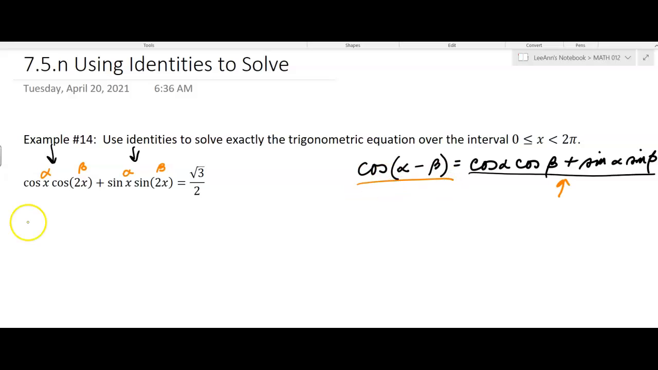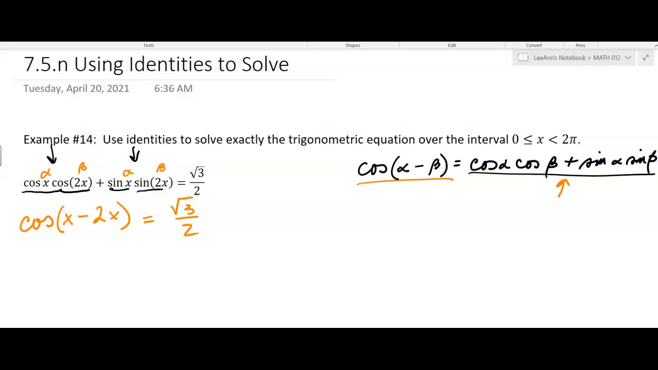So we're going to say it's cosine of alpha, in our case x, minus beta, which is 2x. And then we're going to say that equals the square root of 3 over 2. Okay? So it's a little bit of a hunt sometimes to find which identity you're going to use, but you're looking for form. So when you see cosine cosine and sine sine,